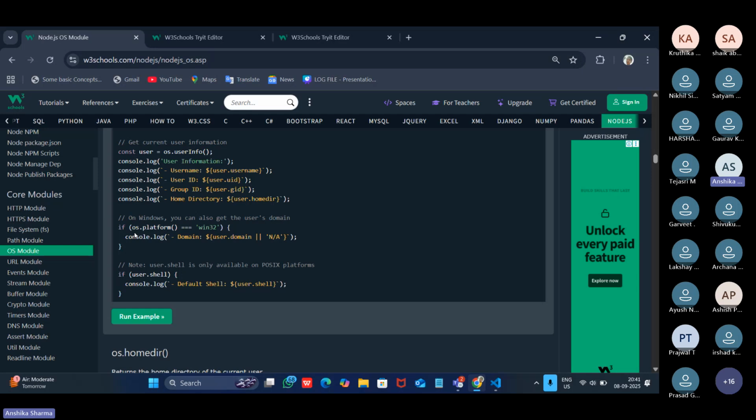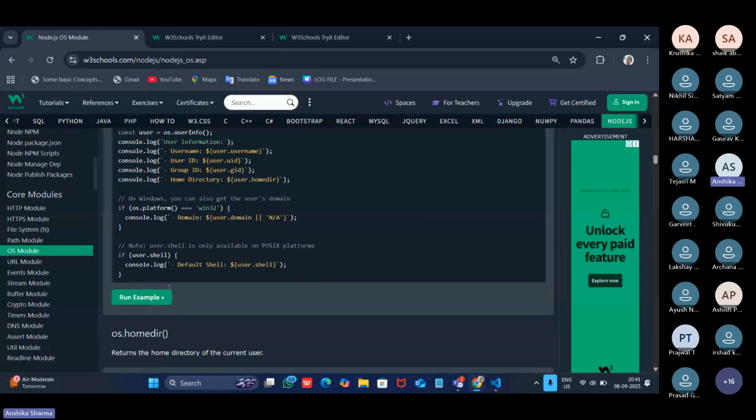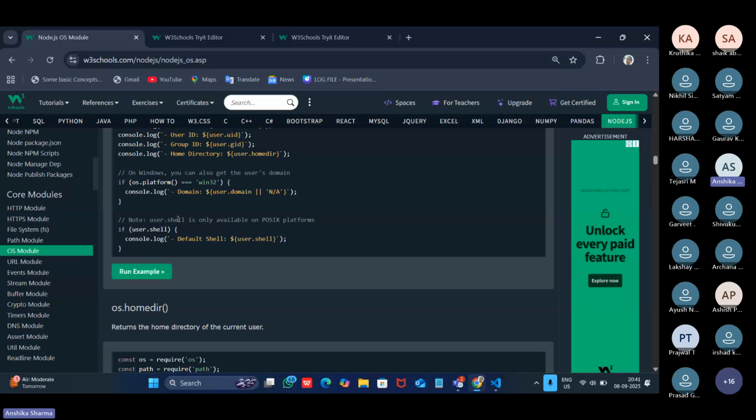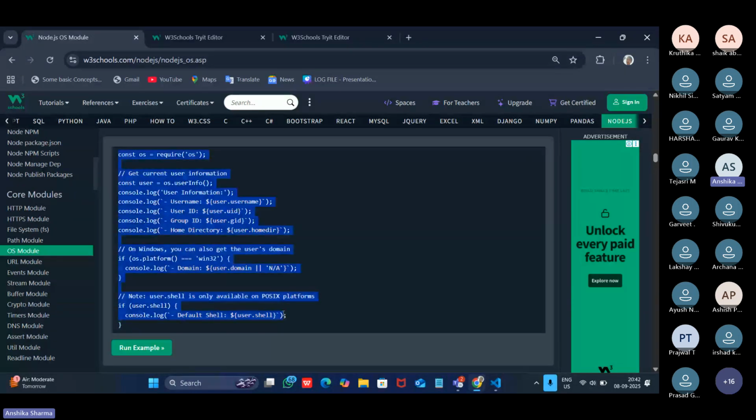Next, if we check whether our OS platform is win32, then we will get this kind of console like user domain. And if the platform is not Windows, then it will just check for the default shell. Let's see what this will print for us.